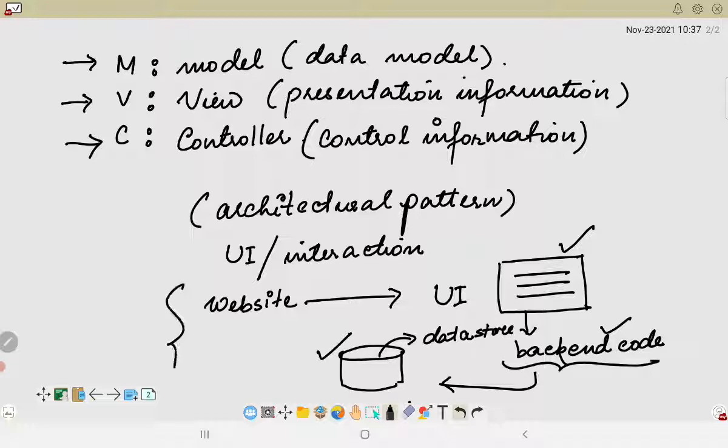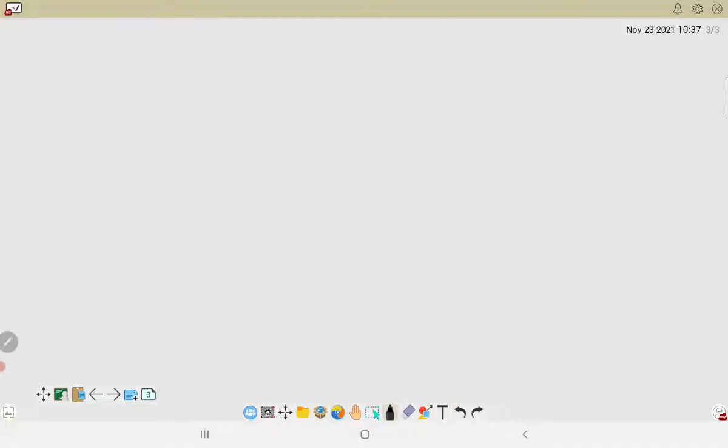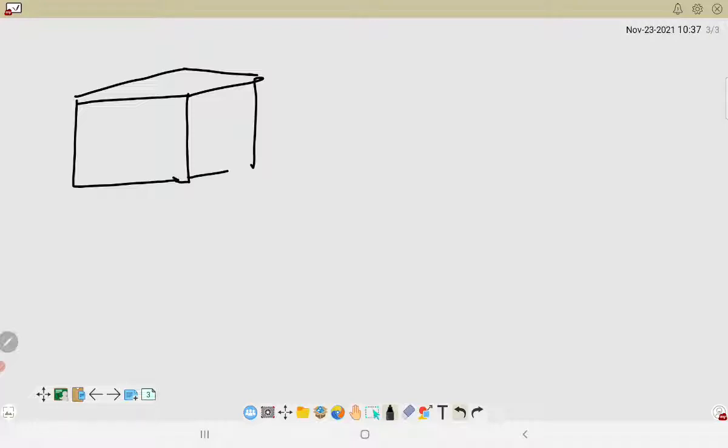So this we are considering just a simple example for the MVC design pattern or the model view controller design pattern. Now let me give you another example. Suppose we have a TV in our house, or the television.